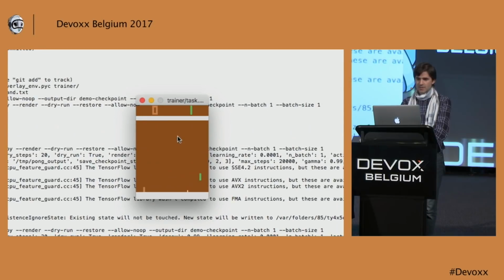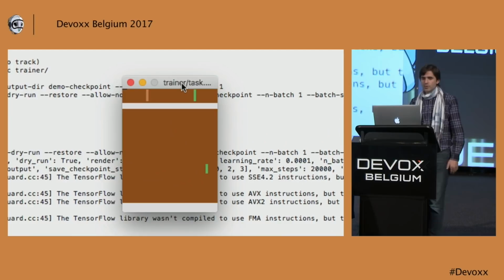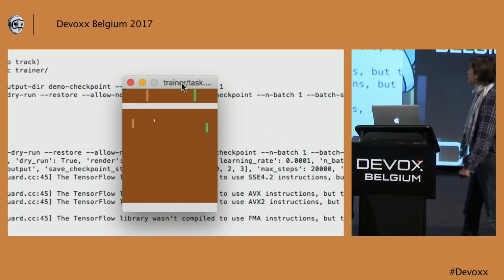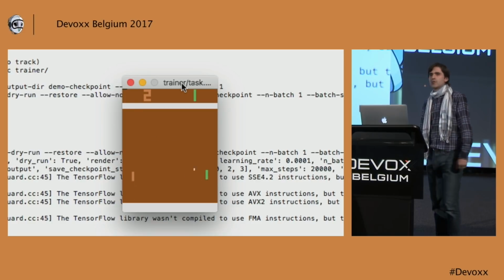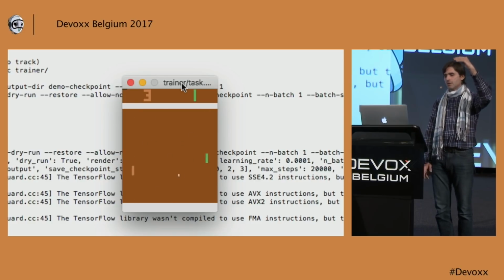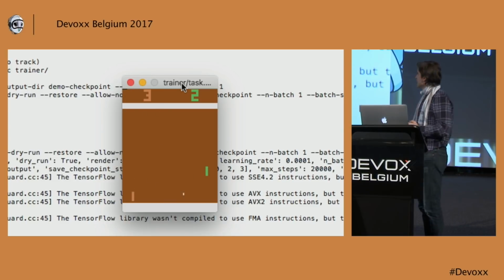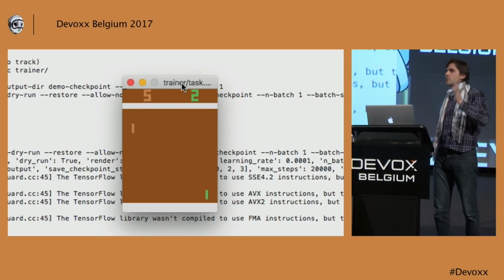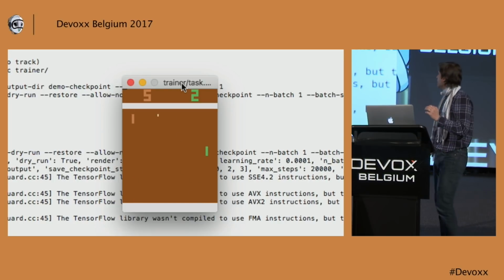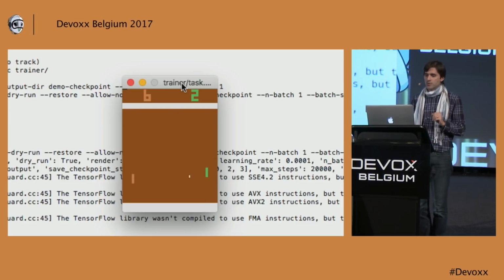So, in brown, we have the computer, which is a highly programmed artificial intelligence, which uses the highly advanced algorithm of always leaving the pedal at the same height as the ball. It cannot be beaten. The only weakness is that its pedal speed is limited. So if you manage to hit the ball at a very, very steep angle, the ball might go faster than the pedal speed, and that's the only way you can score a point.